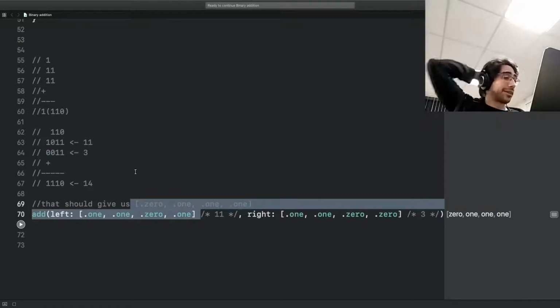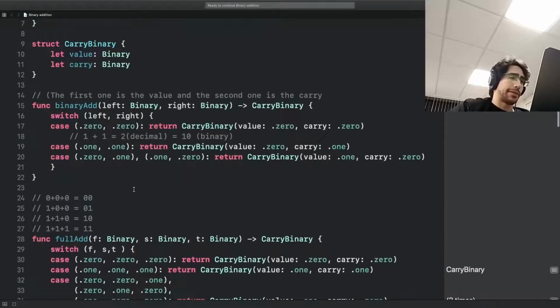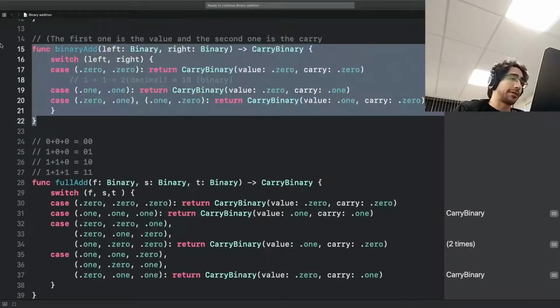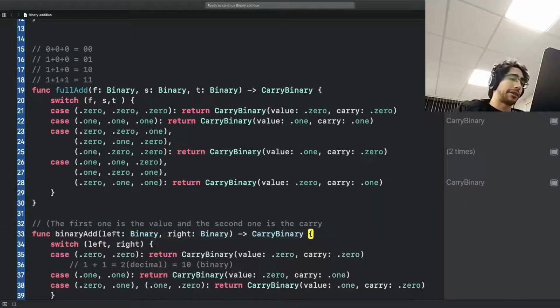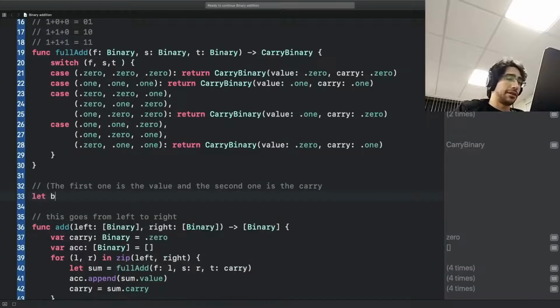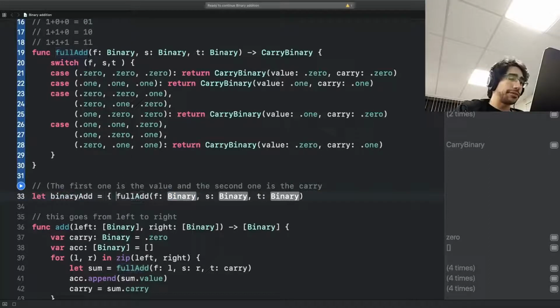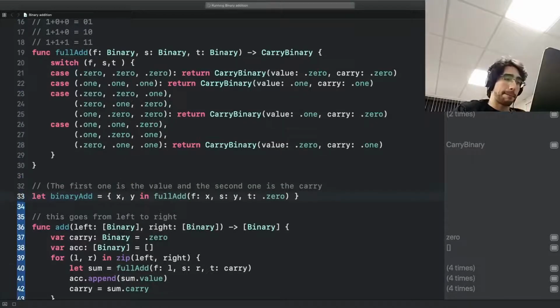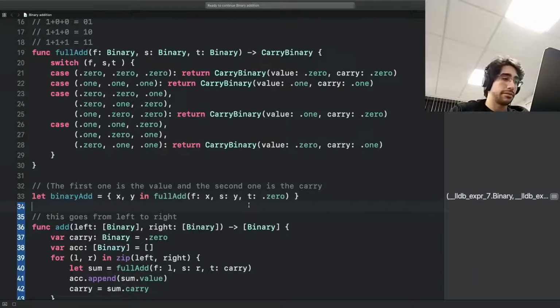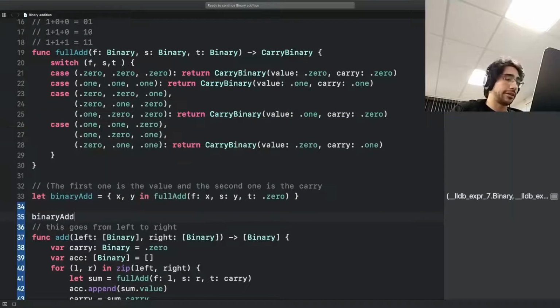All right, so that was incredibly simple and easy, and I would argue intuitive. There is one more thing we can do with binary add. We can now rewrite this, we can say binary add equals full add x, y, and 0. And I can do binary add of 1 and 1,